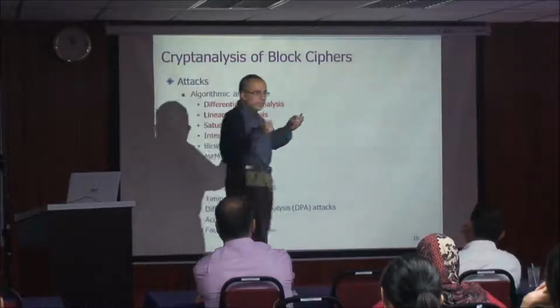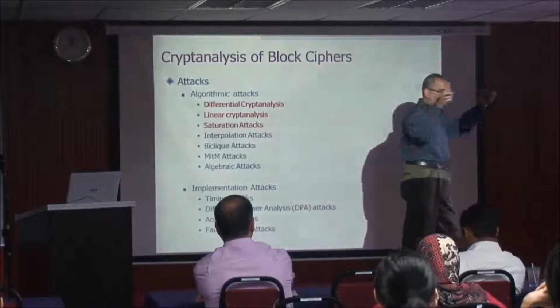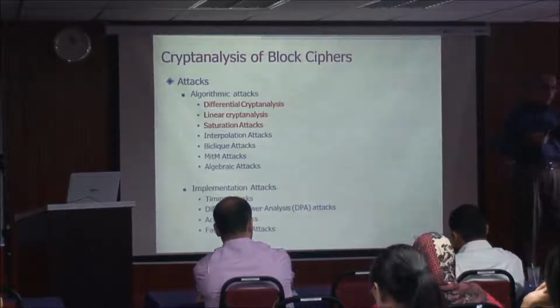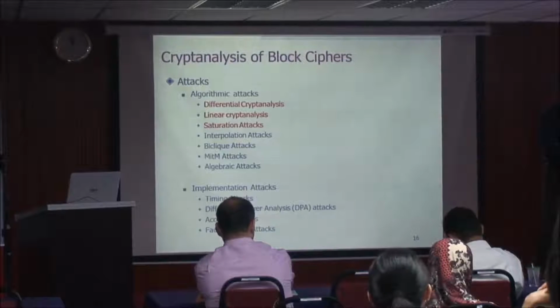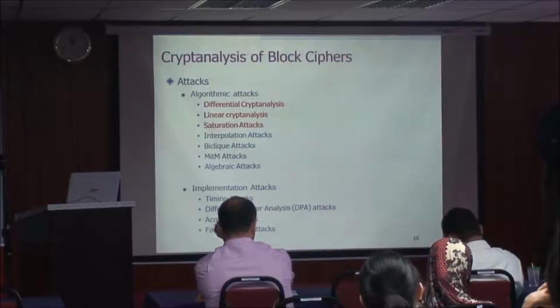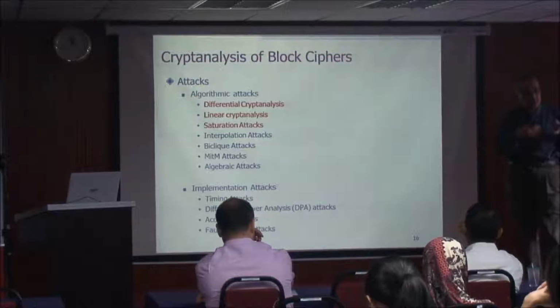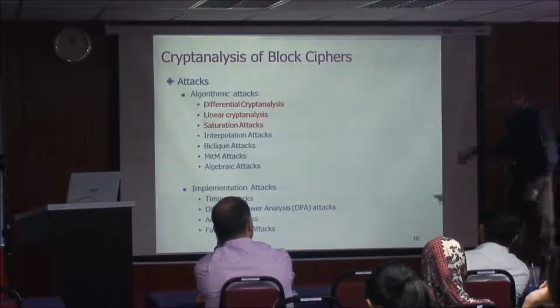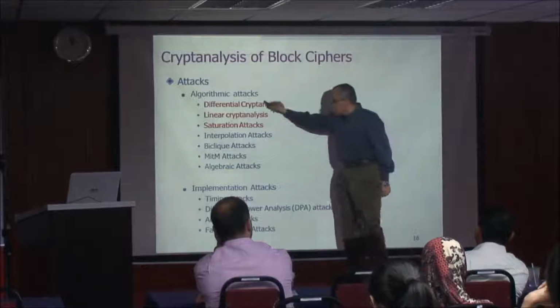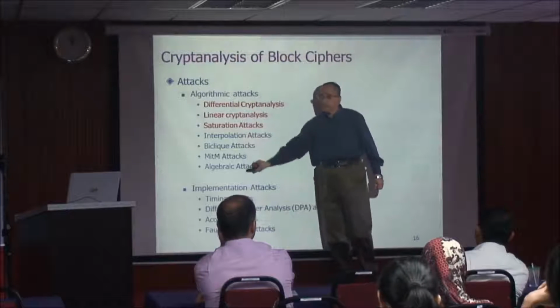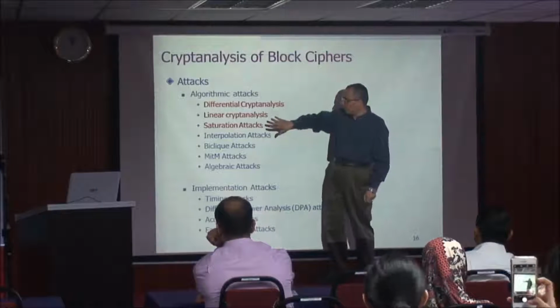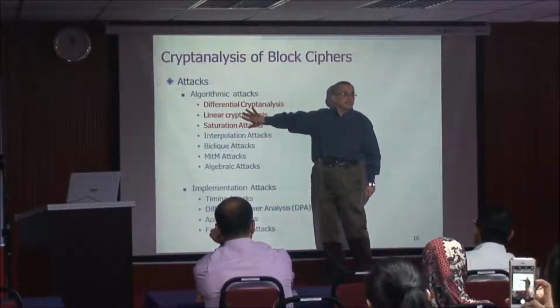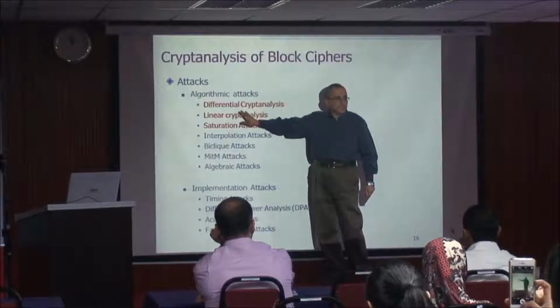So the attacks are usually classified into two large classes. One of them is what we call mathematical attacks. All you have to do to execute this attack is just have a piece of paper with the description of the cipher, and you try to analyze the internal structure of the cipher and try to break it. Examples of these are the very famous mathematical attacks. So in this talk, I'm actually going to talk about these three examples: differential cryptanalysis, linear cryptanalysis, and